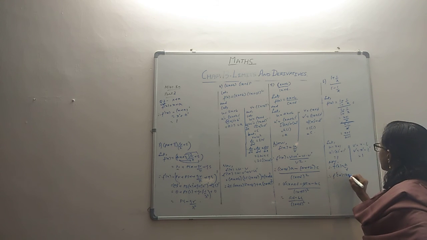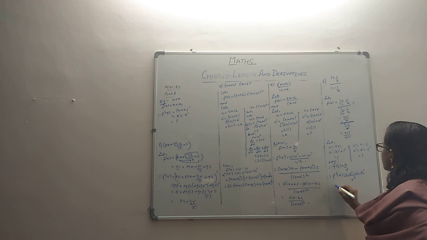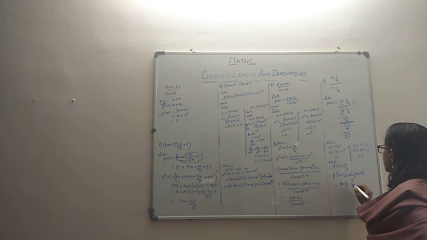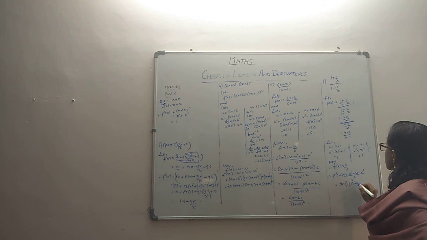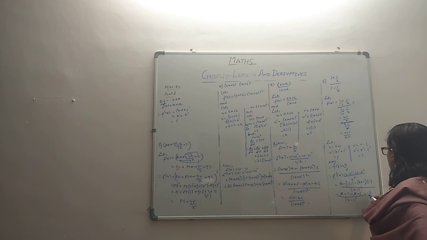Which means f dash x is going to be v into u dash minus u into v dash by v squared. So v for us is x minus 1 and u dash for us is 1. u for us is x plus 1 and v dash for us is 1. v squared is x minus 1 the whole square. So it's like x minus 1 when we open, minus x minus 1, by x minus 1 the whole square. So you're getting minus 2 by x minus 1 the whole square.